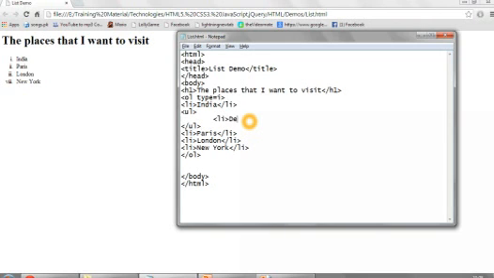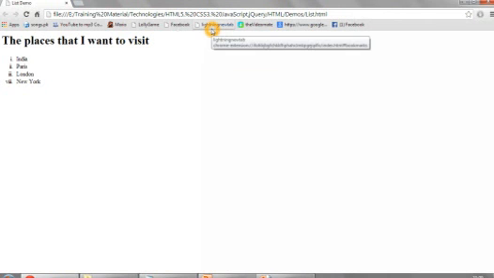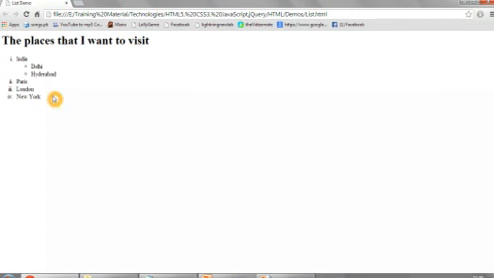I want to visit Delhi, and Hyderabad over here. Let's just save it, go back and refresh it. Now you can see that Delhi and Hyderabad are coming.